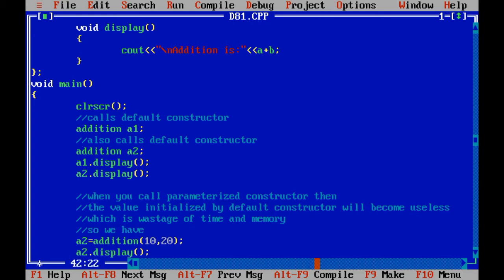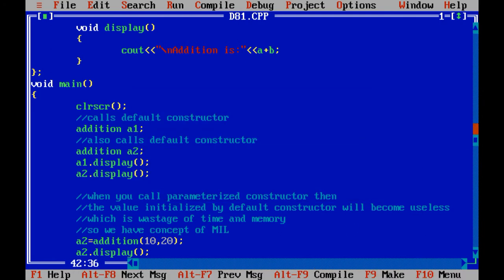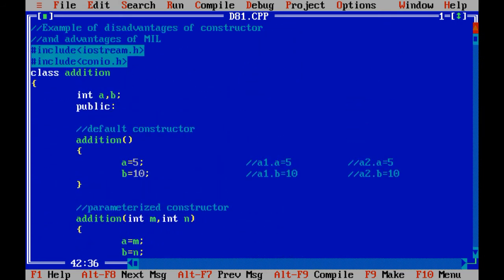So we have the concept of MIL, that is the limitation of constructor. Let me repeat this topic once again.